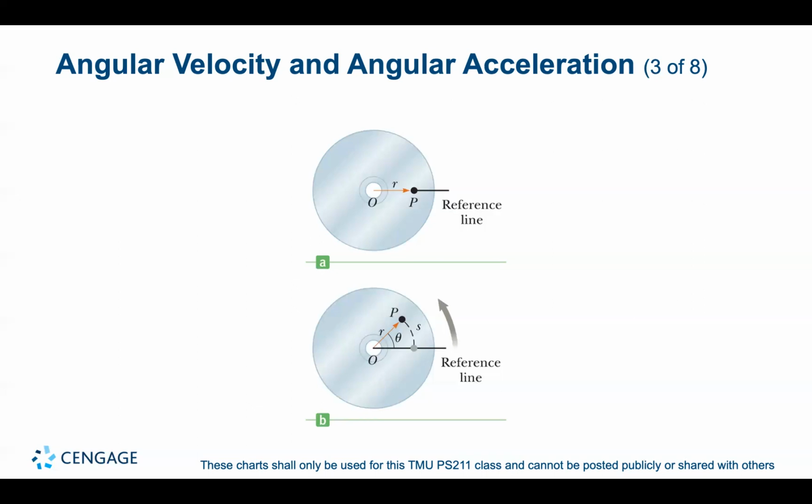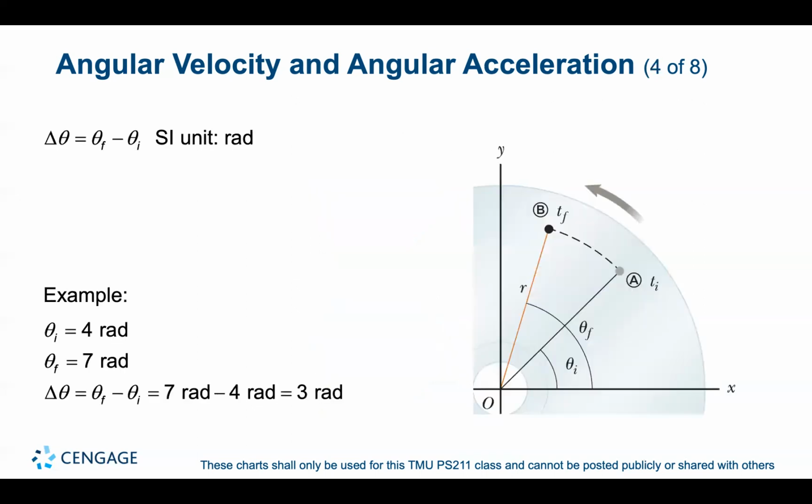Notice that the point P has moved in arc length S measured along the circumference of the circle. So here we have a figure as a point on the compact disk moves from A to B. The disk rotates through the angle delta theta equals theta F minus theta I. And in this figure, as a point on the rotating disk moves from A to B in time delta t,